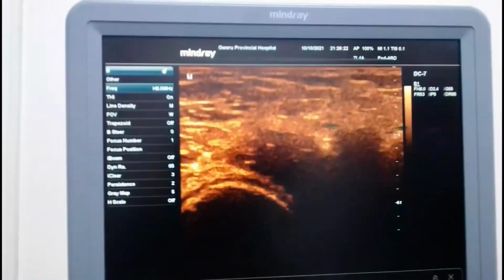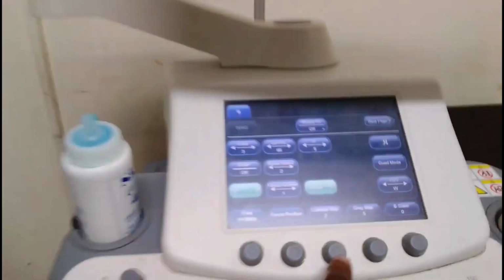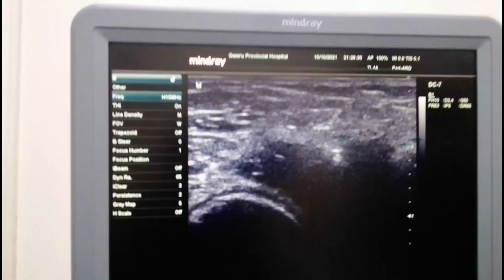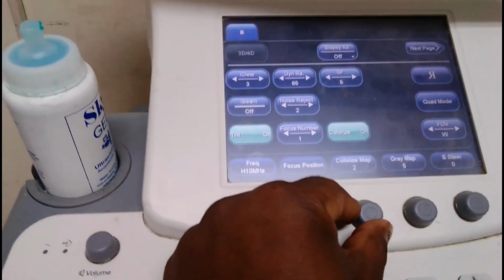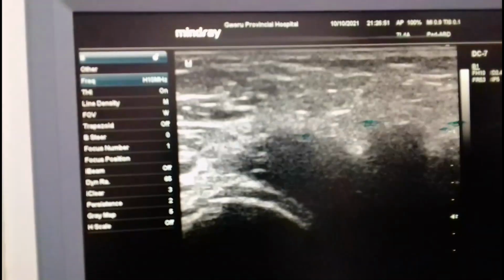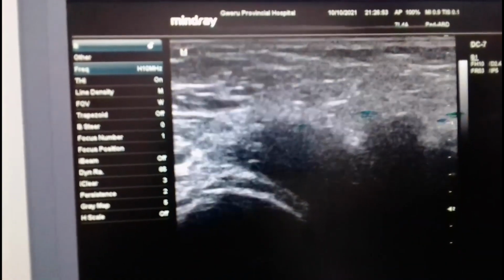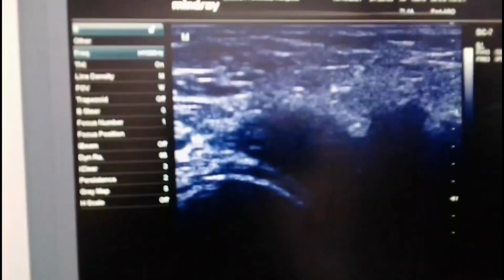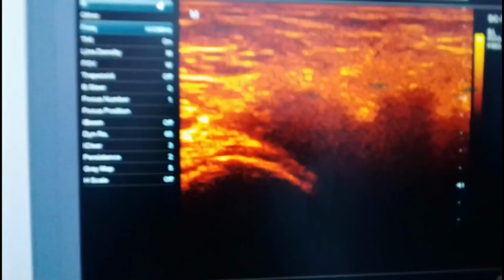So appreciating like this, you can see now the color map, I've set it at 2, and at 2 you can appreciate what is coming here on the screen. Let me put it at 3, so it's now at 3, then you can see what is happening on the screen. Let us put it at 4, and again you can appreciate what is happening there. At 5, you see what is happening. It is continuously changing. At every level, you can actually change the gray map.